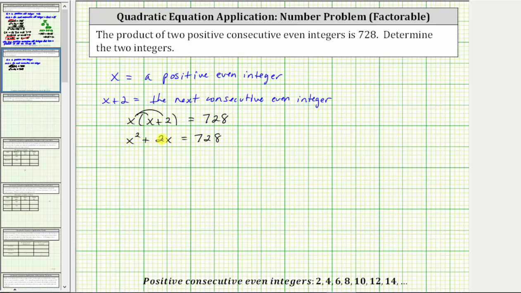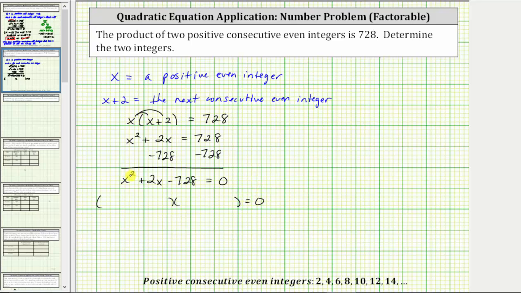So for the next step, let's set the right side of the equation equal to 0. To do this, we subtract 728 on both sides of the equation. Simplifying on the left, we have x squared plus 2x minus 728 equals, on the right side, the difference is 0. If the left side of the equation does factor, it will factor into two binomial factors,